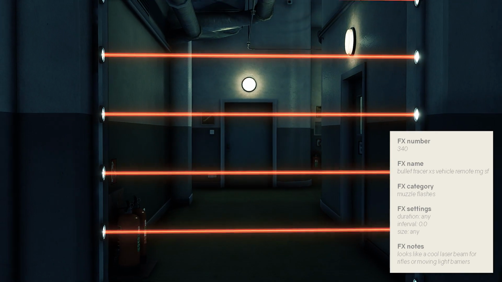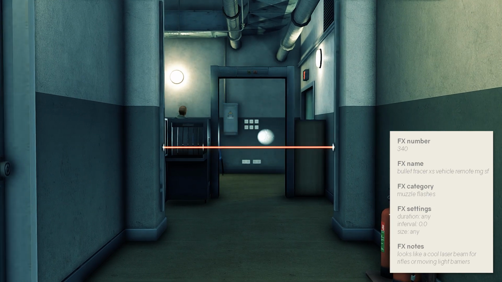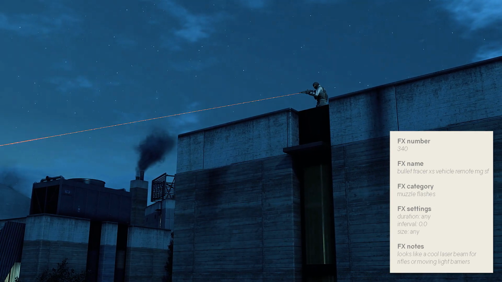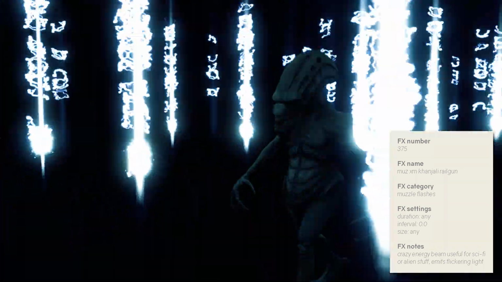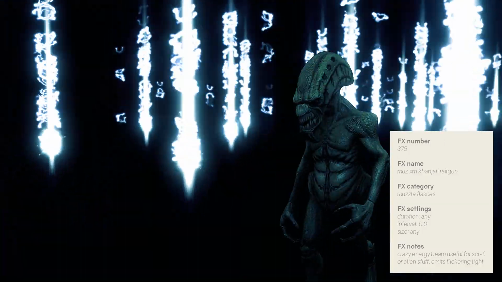You could even make those lasers move around with a task sequence. Or you could make it a tactical laser from an automated weapon system or a sniper. Or shooting lasers from the eyes. Next idea. A weird alien place with energy beams all over the place. The flickering lighting of this effect is insanely cool.